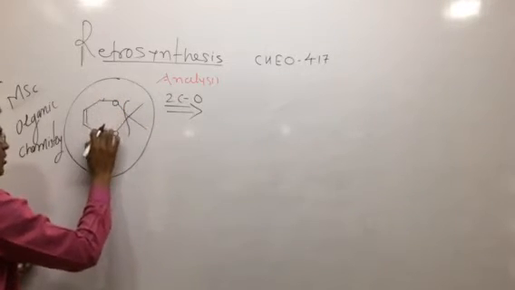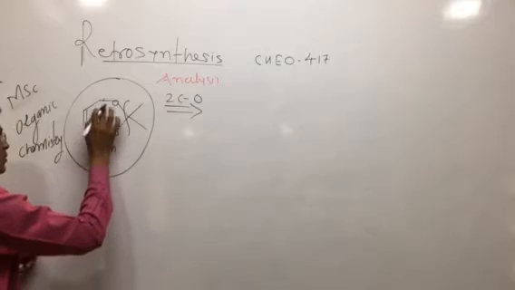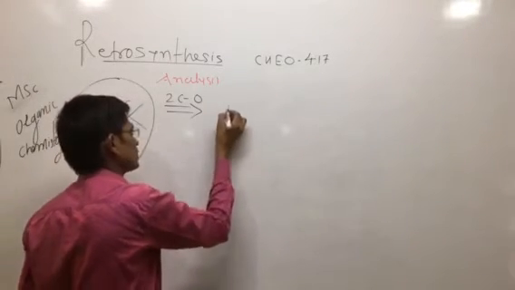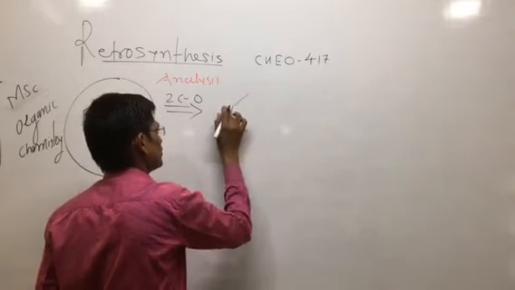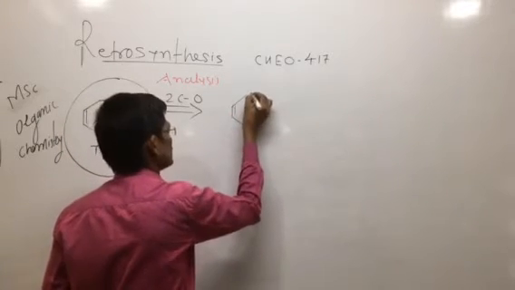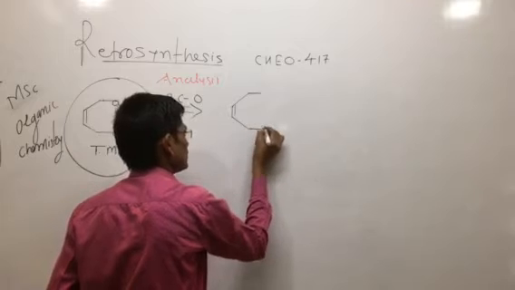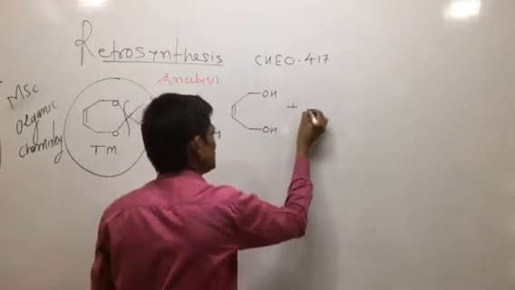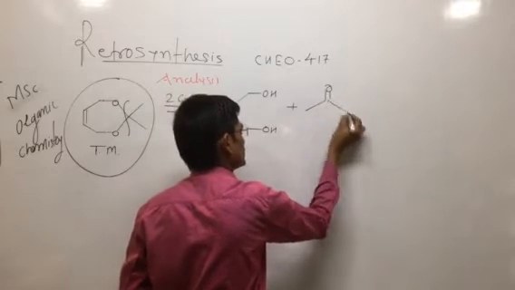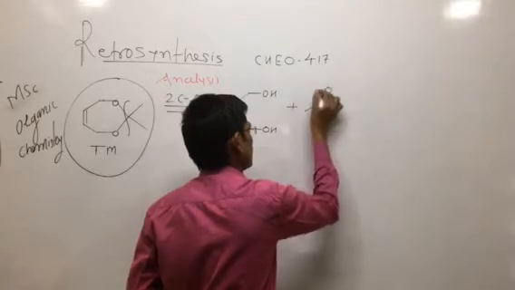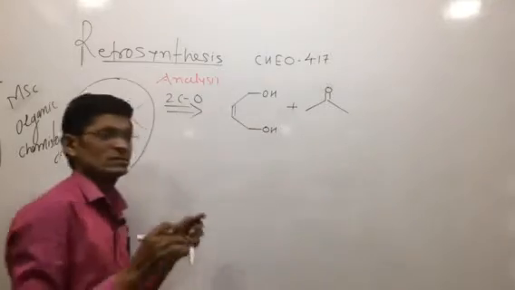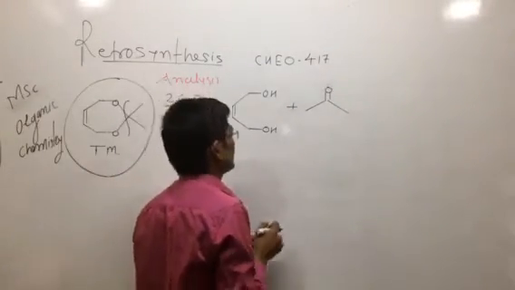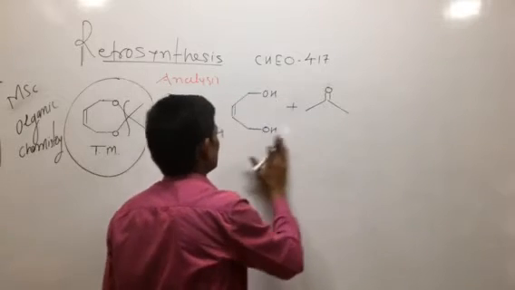this path is taken because we want the preparation of the diol. So the 2C-O disconnection takes place, and then formation of what? This double bond is as it is, the CH2 and CH2 as they are, this one is a hydroxy, another is a hydroxy. Then this CH3 C double bond O CH3 is carried out; this is the reagent, as we can say, the synthon, and this is the synthetic equivalent, acetone, and this is the diol.